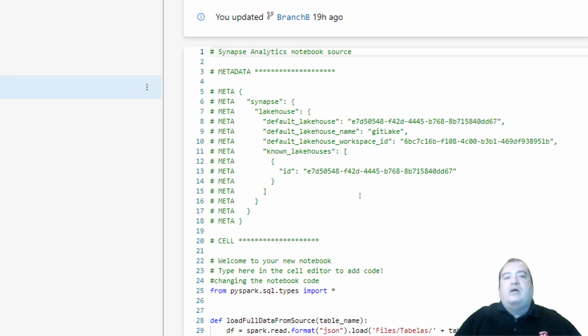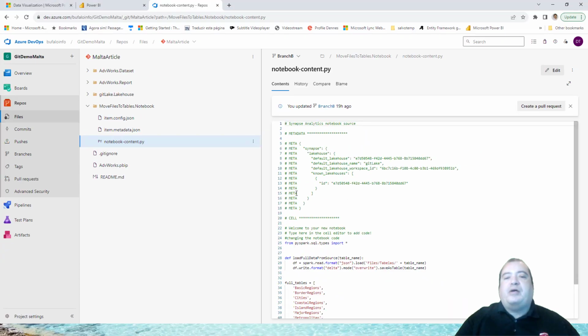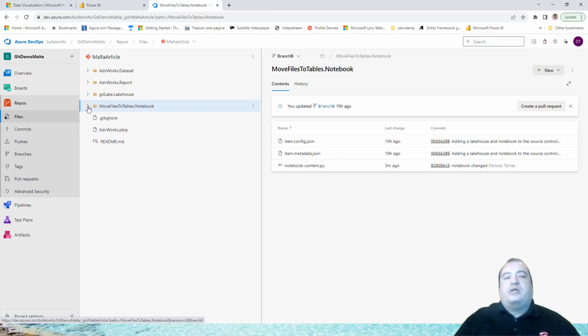So we have metadata inserted as comments inside the PY file to make it a notebook without the code blocks which we already know. This is the format used for a notebook, but for a lakehouse it's even stranger, because